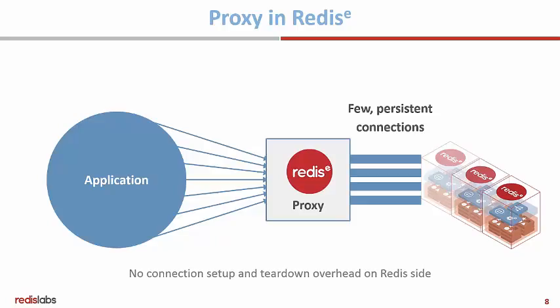You're basically keeping a smaller number of persistent connections to that back end, which can improve latency. And the last thing that it does is the shard key calculation to send the right request to the right shard is actually done within the proxy in the enterprise product. So if you choose to, you can avoid having to do that in the application. I have one more slide on this topic. If we go to the next slide,